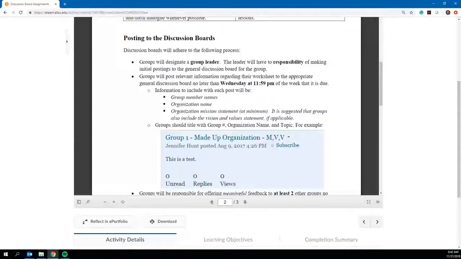So all the discussion boards will be open Monday to Sunday. Now your initial group's posting will be due Wednesday at 11:59 p.m. so that there is time to give your responding groups time to respond and give you feedback on your post. So that is the only change off from the schedule, is that your initial post will be due Wednesday at